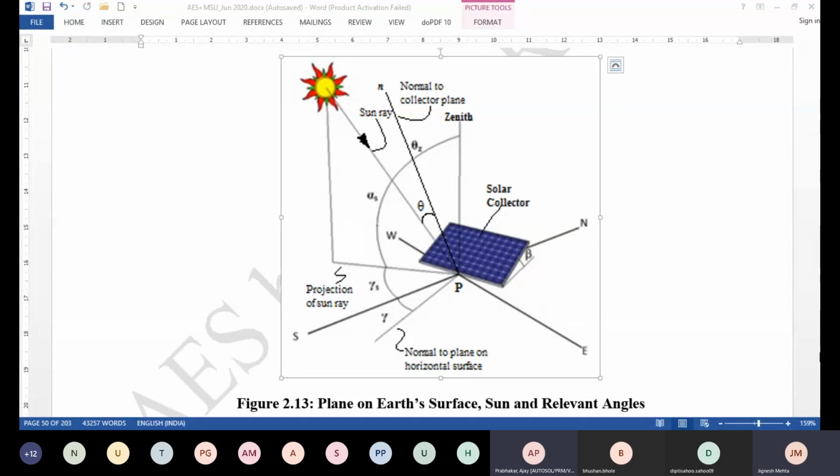And the opposite thing is true about theta z, that is, at the time of solar noon, theta z would be minimum for that day,